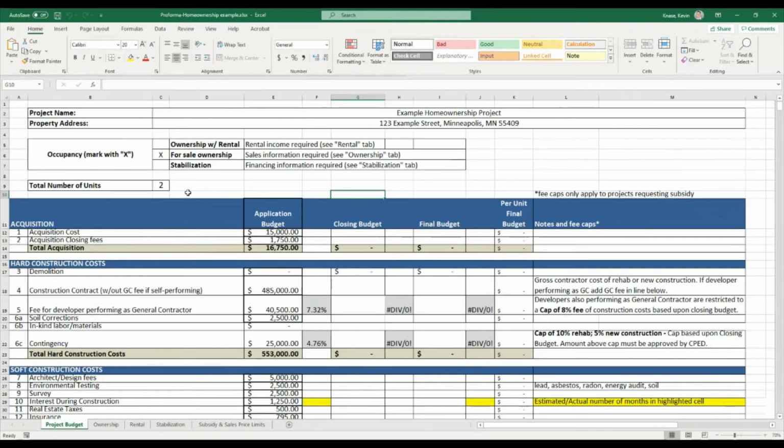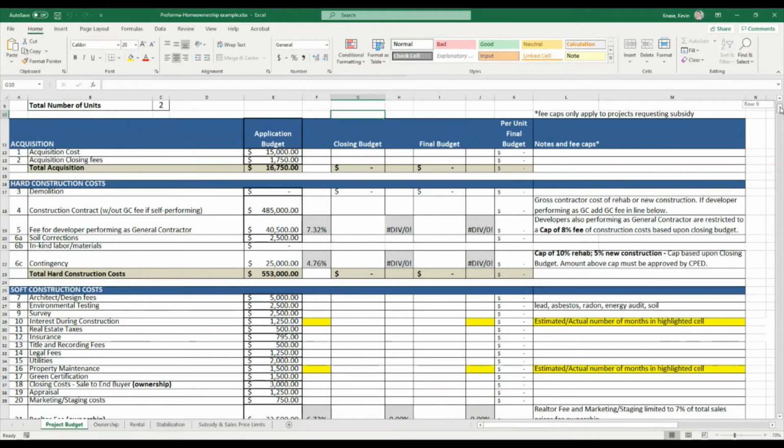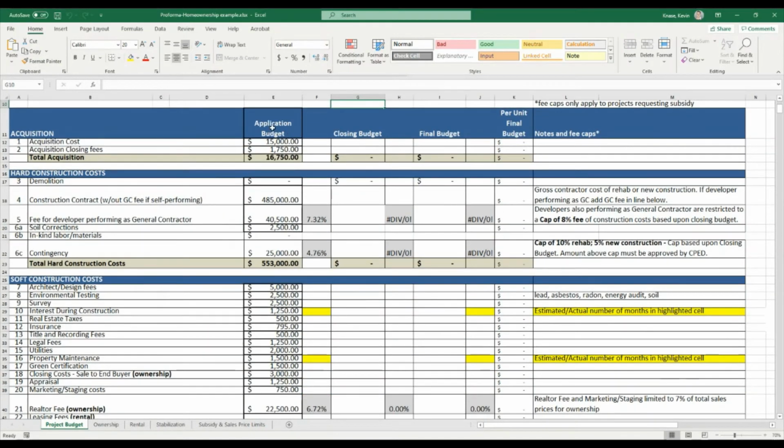So in this particular example I'm going to walk through, this is a project with 2 units, and the Proforma is broken out into sections. The only thing that you need to focus in on as you're completing it is, or maybe I shouldn't say the only thing, but there are kind of 3 different timelines within the project. We're specifically looking at the application budget itself. And so that is this column E, which I filled out. And so you would put in the acquisition cost of the property, and you'd want to make sure that that's matching the sale price of the city-owned property if you're purchasing that, and then listing any closing